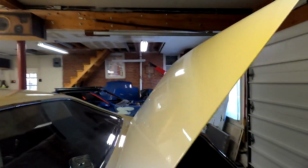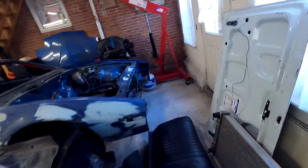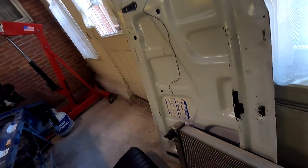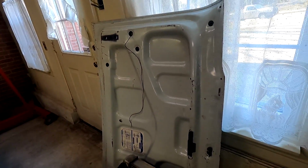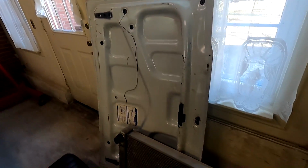So we have this one here, which the seller was a little proud of, has a little bit of rust, but then this one over here you guys can't see too well, but is the original. I don't know if it's exactly to this GTO, I'm assuming it's not, but in pretty decent shape original trunk lid. Radiator, seats, interior, it's almost complete,